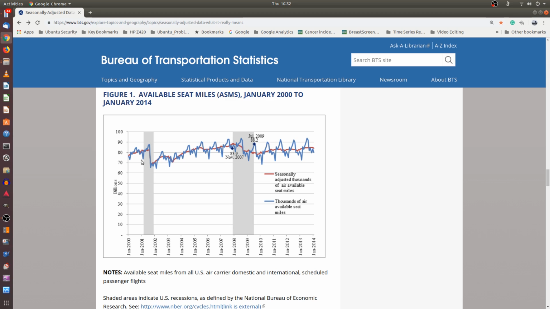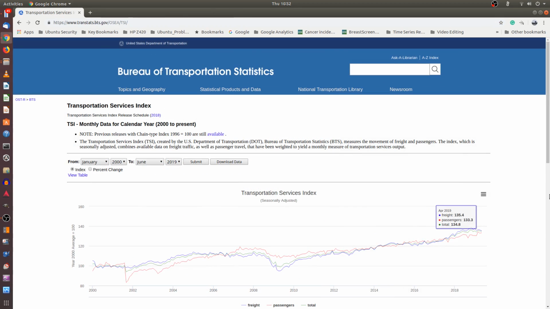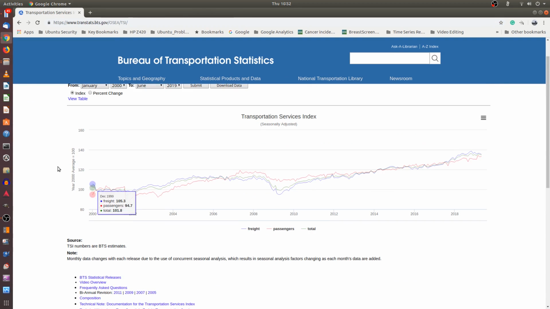Now there's an obvious problem with this chart, and it's the range. The range is too big. They go from 0 to 100 billion when really they should be going from 60 billion to 100 billion. And if you do that, then you'll see a lot more details in the seasonally adjusted series than you would otherwise. So in fact, if we go to the source of their statistics, we see that their charting program actually